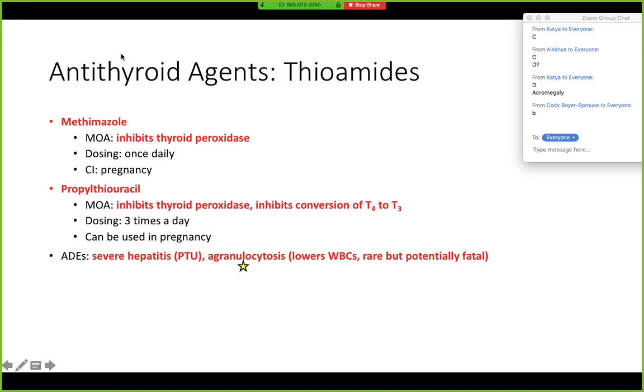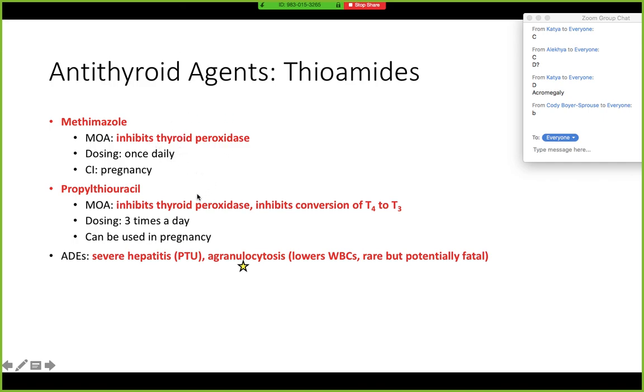So this next slide are your anti-thyroid agents. So these are your thioamides, and those include methimazole and propylthiouracil. Both methimazole and propylthiouracil are going to inhibit thyroid peroxidase. So go back to that slide where the physiology is, and make sure you know where that is,